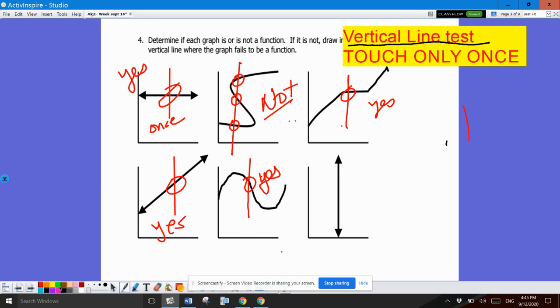Okay, now this next one's kind of tricky because if I was to draw the vertical line, look what happens. It's touching, touching, touching, touching, touching. So when I have a vertical line, it is not a function. And that happens to be an x equals a number, which we'll talk a little bit more about in our